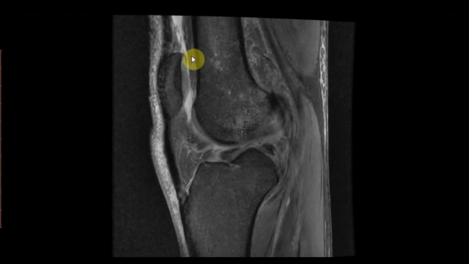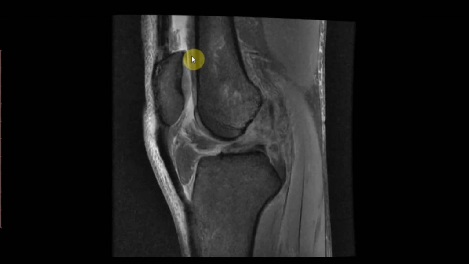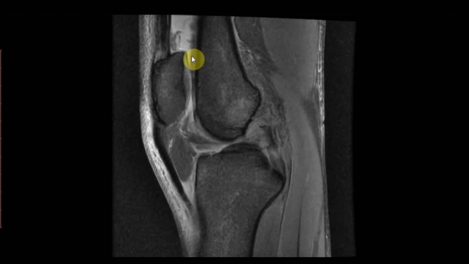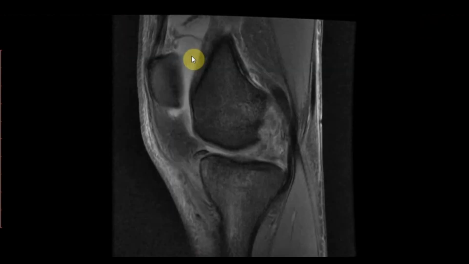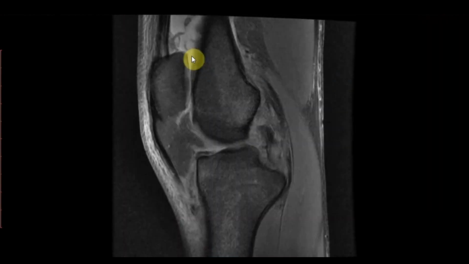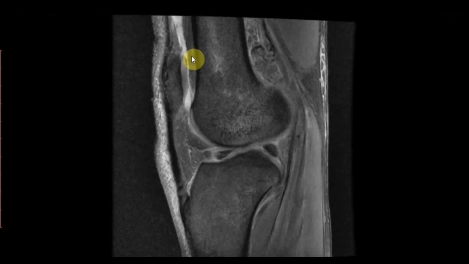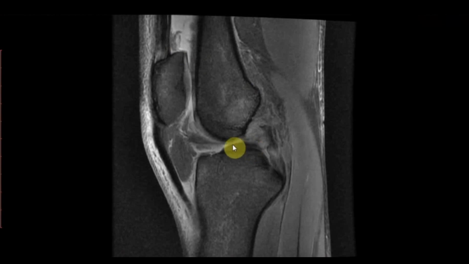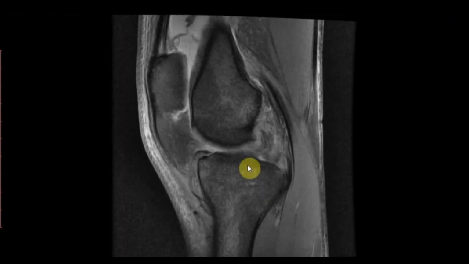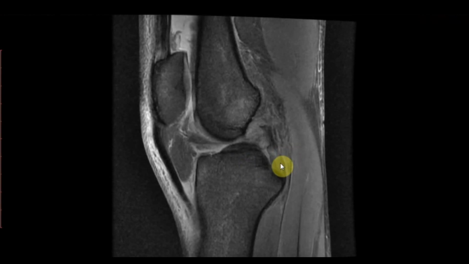Okay, so this is a case of a 22-year-old male who presented with severe trauma in the knee just 2 or 3 days back, and this patient presented with gross knee swelling and instability, and as we can see in the intercondylar region there is no ACL here. So the ACL is lying over here on the tibial tuberosity. There is complete ACL tear over its femoral attachment, and we can see the posterior cruciate ligament is also torn. So this is the tibial attachment of the posterior cruciate ligament, which is normal.